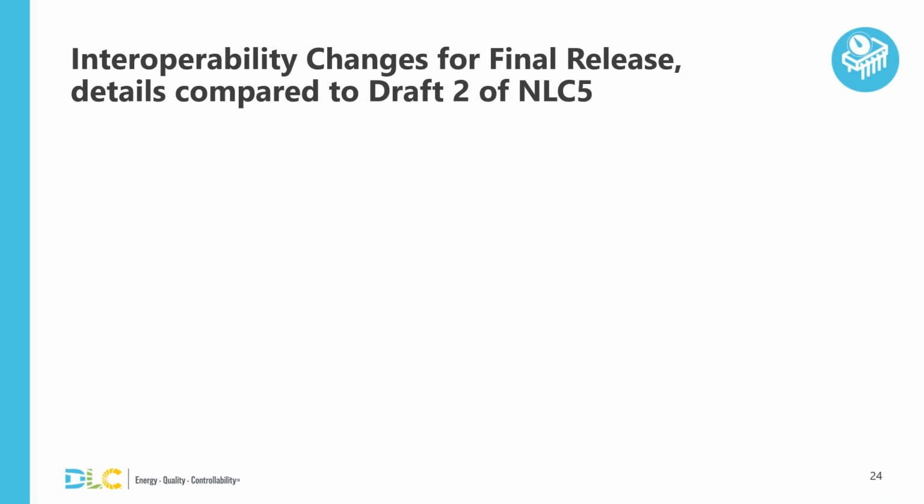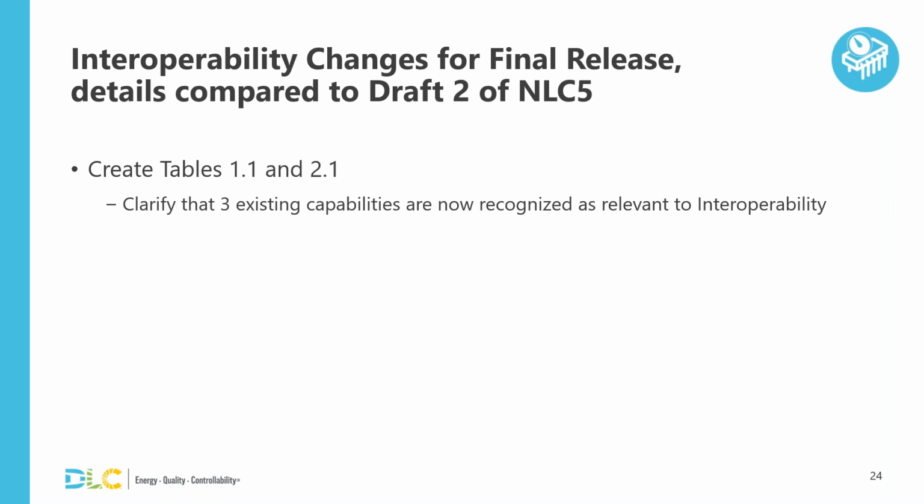This slide describes the changes in this section between Draft 2 and the final release for folks who have been following along closely with each draft. As I mentioned before, Tables 1.1 and 2.1 clarify that three existing capabilities are now recognized as relevant to the umbrella topic of interoperability. A table with recommendations for load shed demand response data was removed due to a lack